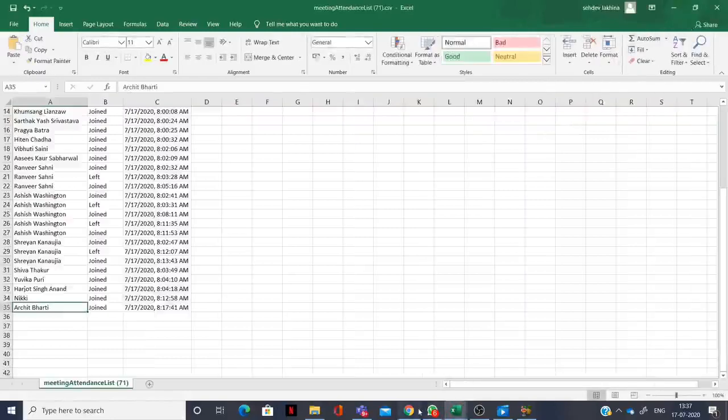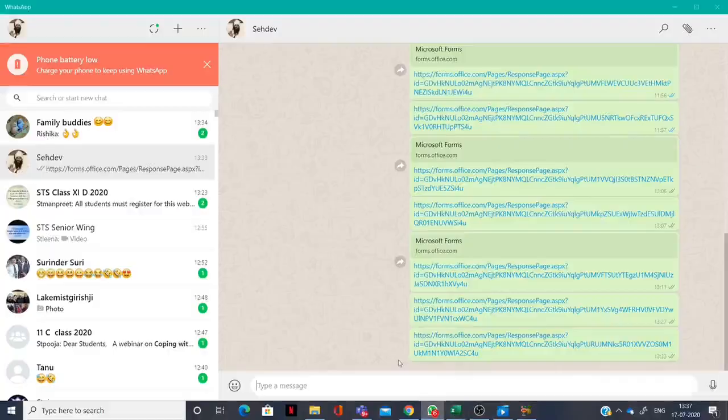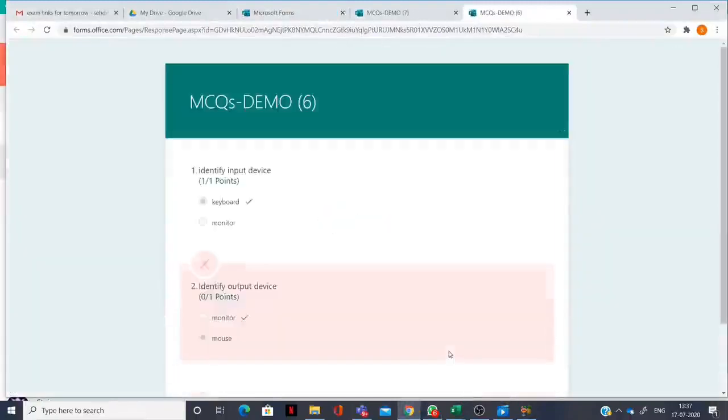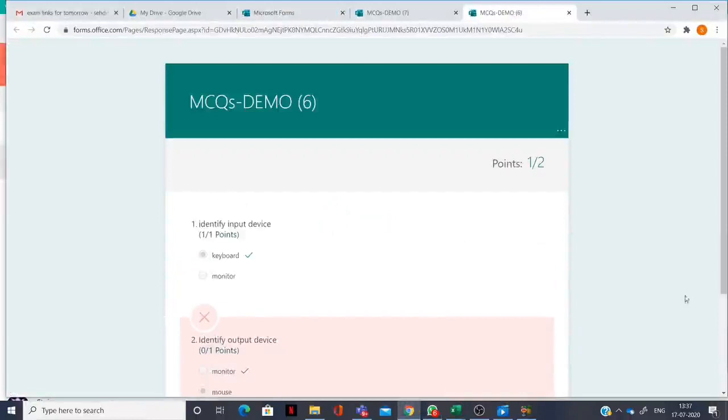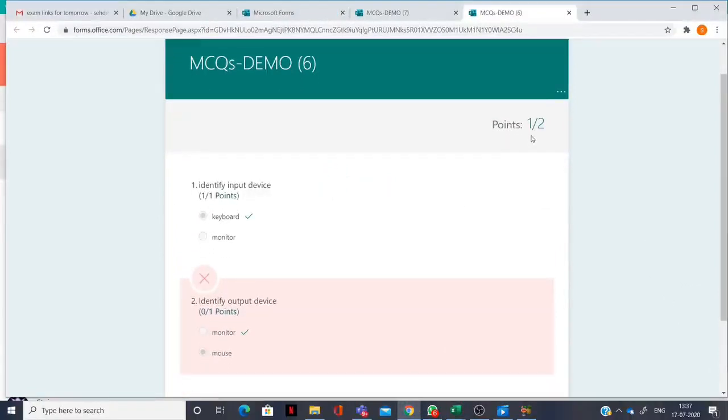Now I'm showing you as a student. Suppose I am a student. How will you see? This is my link. To see his or her result, the student needs to click again on that link, the same link which you sent earlier during the exam. That is the student view. You can see on the screen 0.5 mark out of 2, and which one is correct. You can see that this is incorrect. Like this, the student can see this screen, and in this way he can analyze his result.